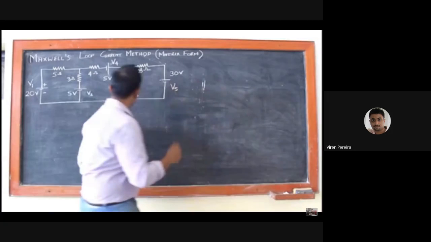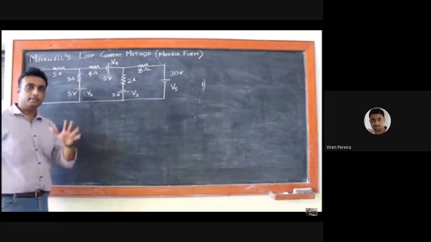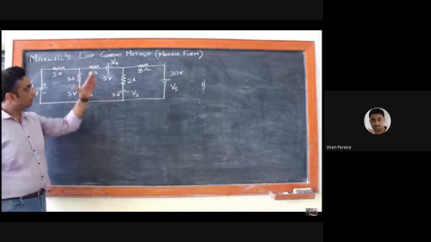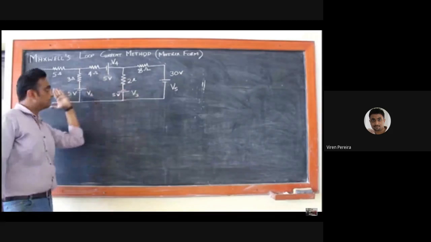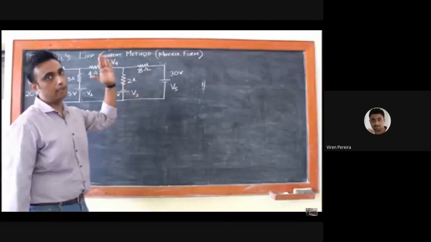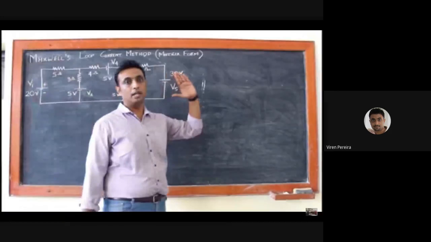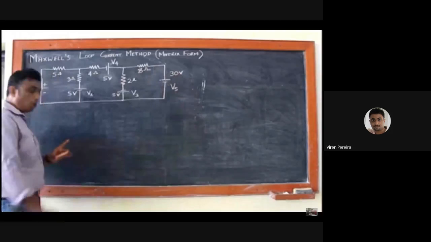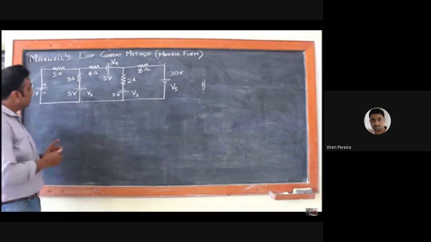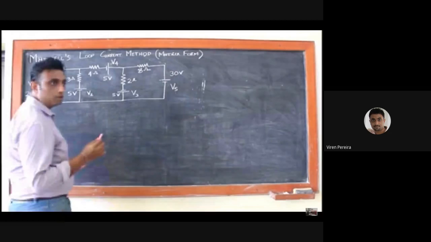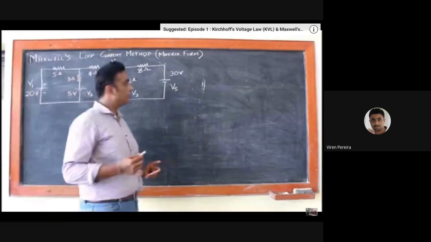as I told you last time, there is a shortcut method which was developed. So we will find out the three equations in these three loops. If there are three loops, there will be three equations. If there are four loops, there will be four equations. To go as per the shortcut method, we will have to follow the set of rules which was written last time. So, first thing is